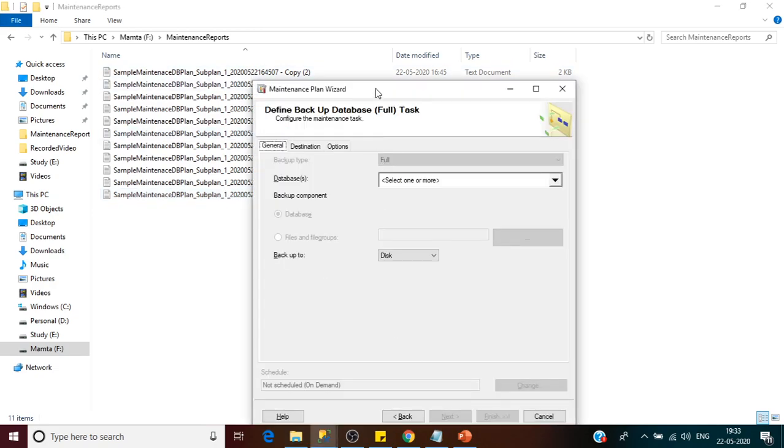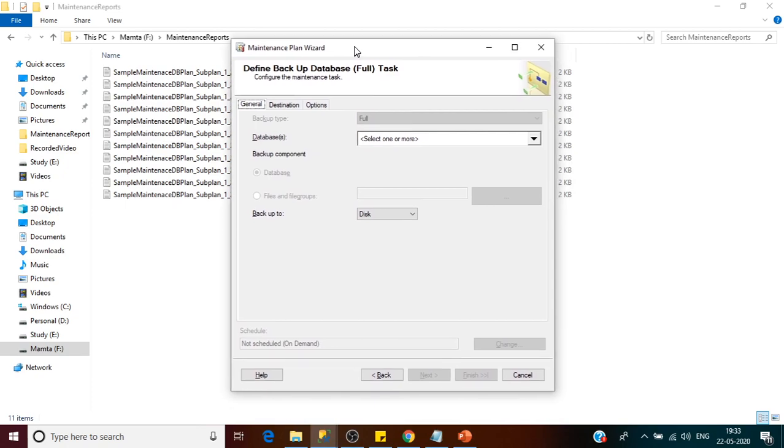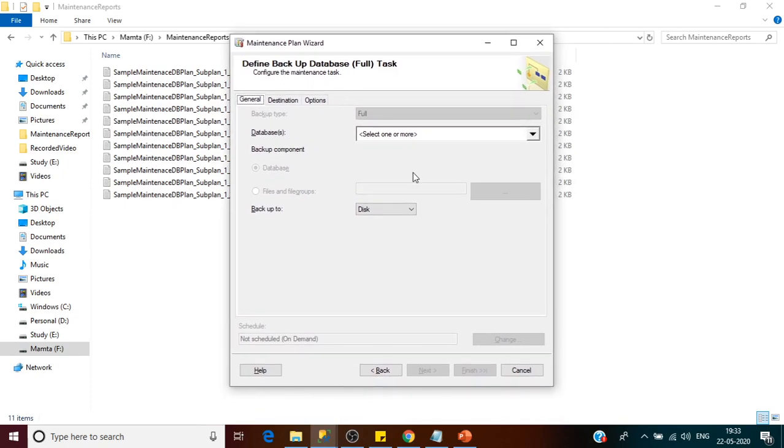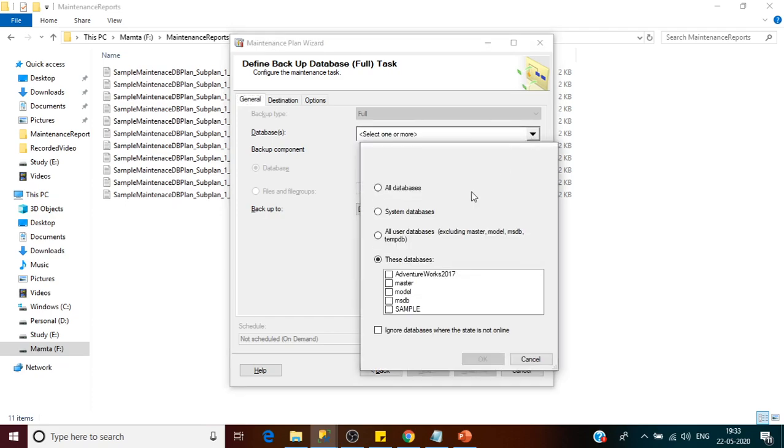So the next step is we need to configure the backup database full task. Here it is asking me to select the database, which database you wanted to take the backup of. Do you want to take the backup of all the databases? Do you want to take a backup of system databases only, or all user databases? For me, I wanted to take the backup of the AdventureWorks database and Sample.